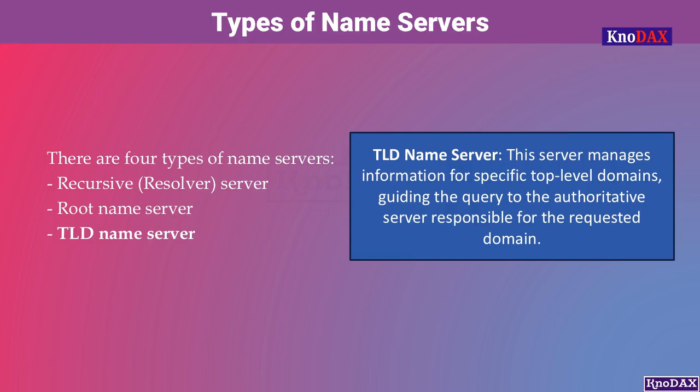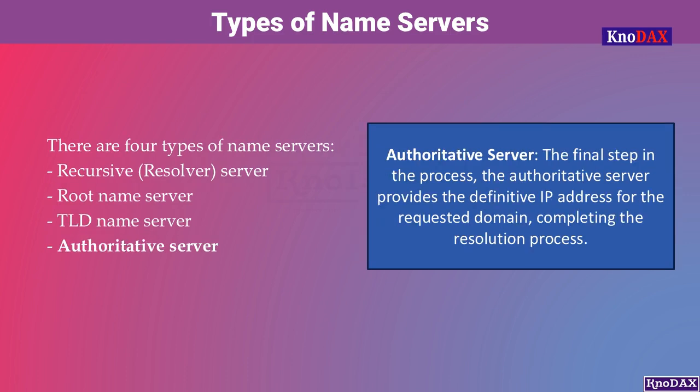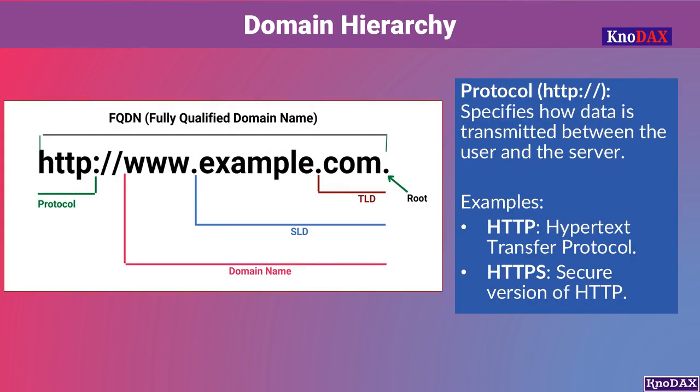TLD Name Server. This server manages information for specific top-level domains, guiding the query to the authoritative server responsible for the requested domain. Authoritative Server. The final step in the process, the authoritative server provides the definitive IP address for the requested domain, completing the resolution process. Let's break down the components of a fully qualified domain name, or FQDN, using the example